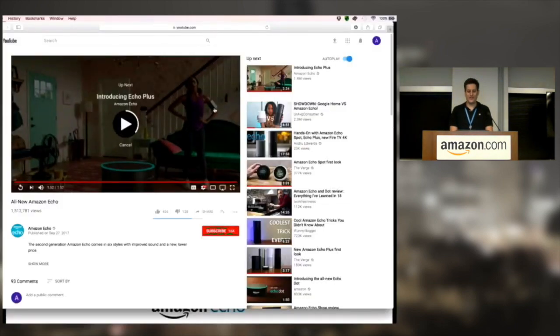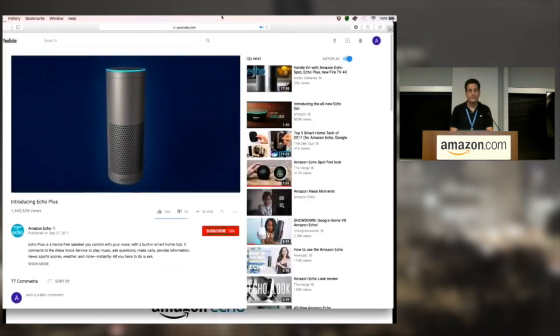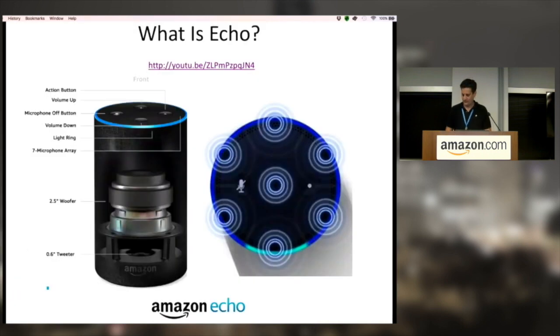Okay, so Alexa is getting smarter every day. New capabilities are added constantly. Introducing Echo Plus. It's everything you love about Echo, now with a built-in smart home hub. So we are adding more and more capabilities, and you can just ask Alexa to control your TV, request Uber or order pizza. It can do a lot of things.